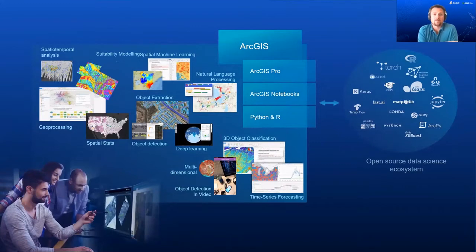And within ArcGIS, we have a lot of approaches to solving these spatial problems. There's this underlying geoprocessing framework that allows you to manipulate and understand your spatial data. Within this framework, you have the more traditional approaches to solve spatial problems, things like suitability modeling and spatial statistics. And there's also a lot of machine learning approaches with tools for doing predictive analysis, pattern analysis over space and time, all the way into deep learning for object detection and extraction.